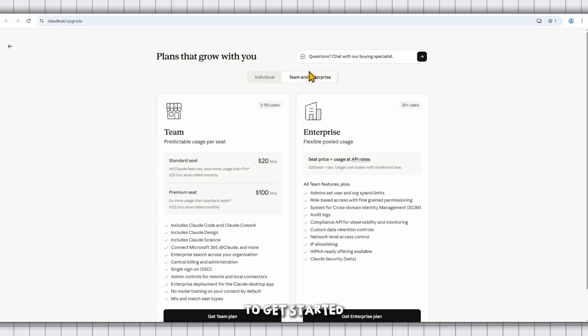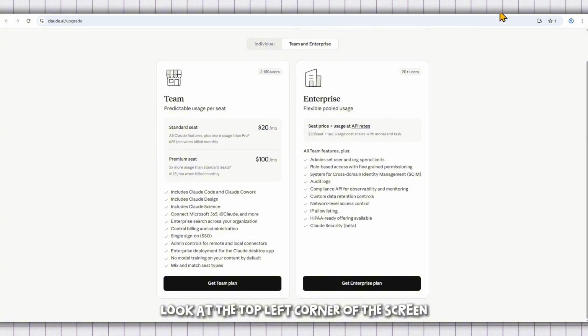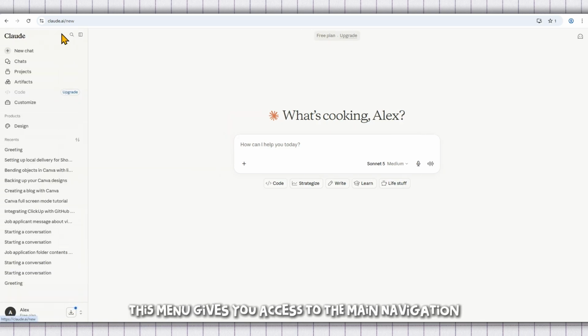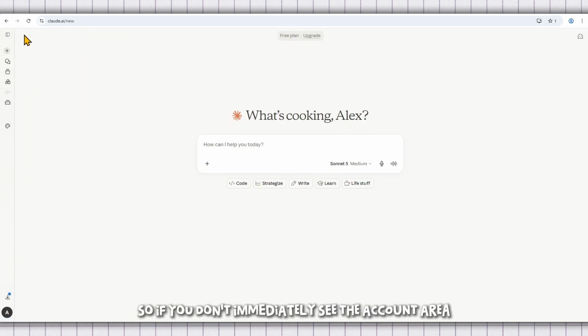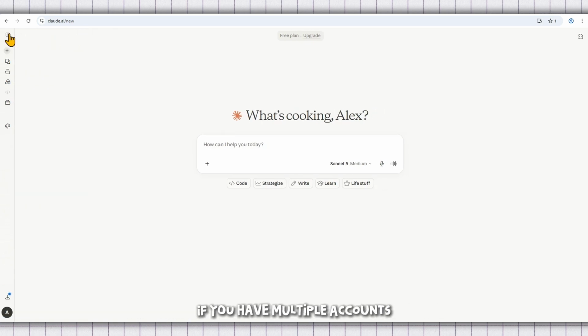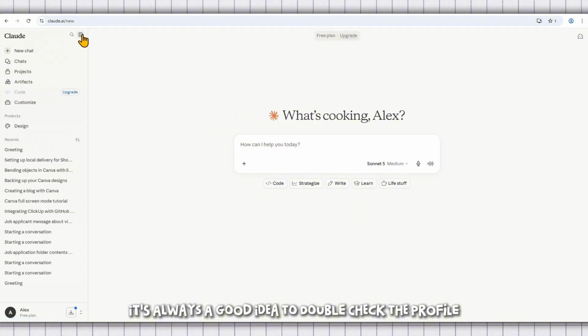To get started, look at the top left corner of the screen. If the sidebar is not already visible, click the sidebar icon to open it. This menu gives you access to the main navigation options, so if you don't immediately see the account area, opening the sidebar is the first thing you'll need to do. Before moving forward, make sure you are logged into the correct account. If you have multiple accounts, it's always a good idea to double-check the profile you're managing so you don't accidentally